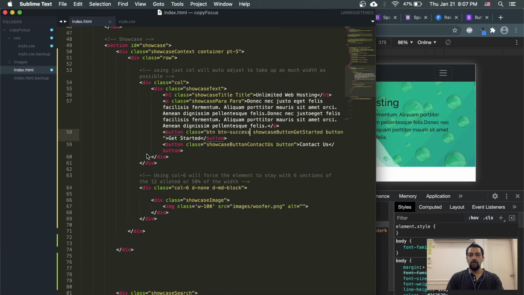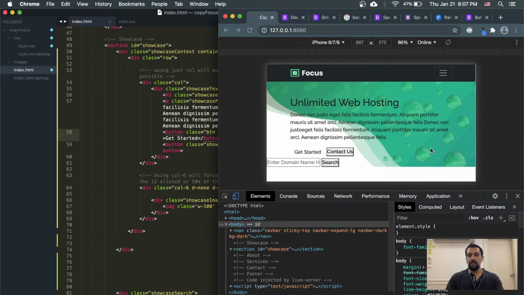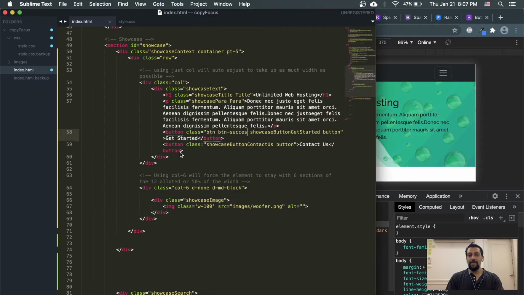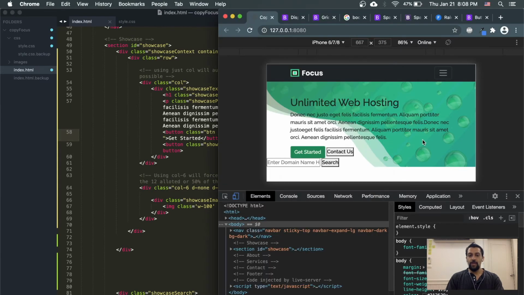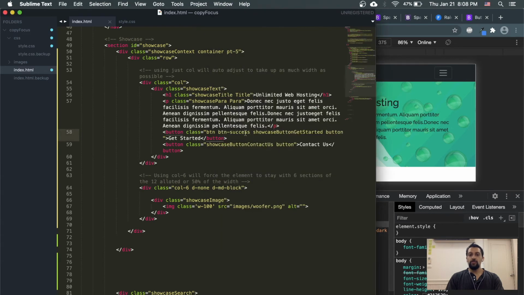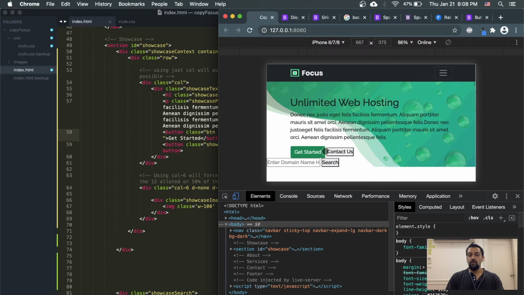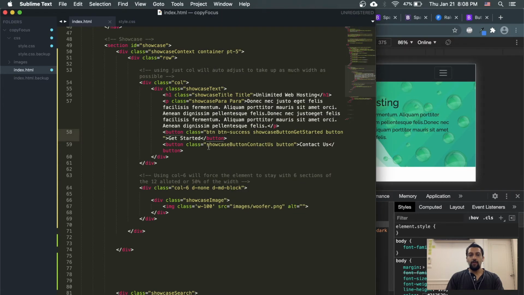All right, there we go. If you spell success wrong, it won't do anything, it'll default to white. If you spell it wrong, make sure you spell it right if you're not getting what you want, make sure you spell it right. And then I'll add margin between these two, but before writing margin I'm just going to add btn dark here